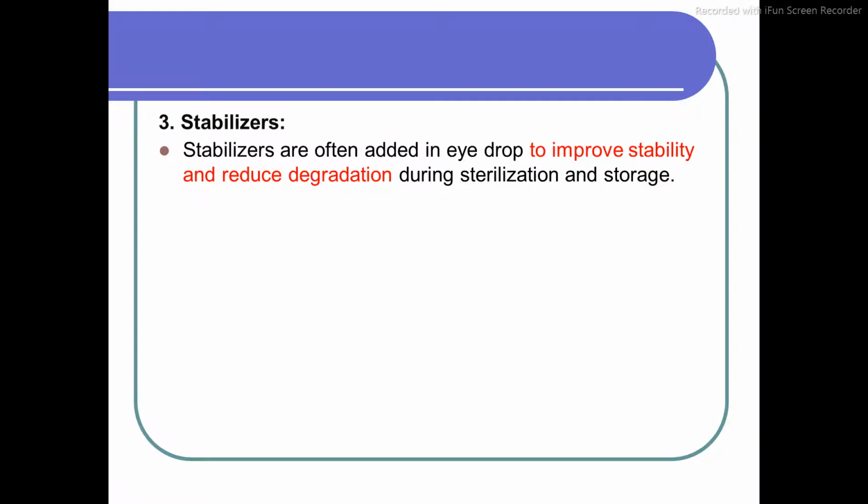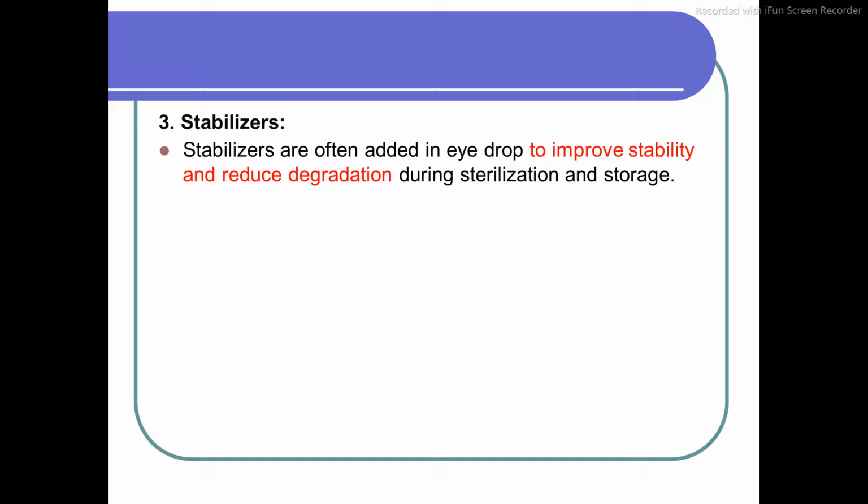Stabilizers. So what are the stabilizers? The stability of your eye drops may be affected by various environmental conditions. Various environmental conditions means if we consider the pH of your preparation, the oxidation reduction reaction, and again some metal ions may be present in your preparation, which may form a complex with your drug and reduce the activity of your preparation. So in order to overcome all of these environmental conditions, we need some stabilizer, so that it will stabilize your preparation and keep it stable throughout the shelf life.